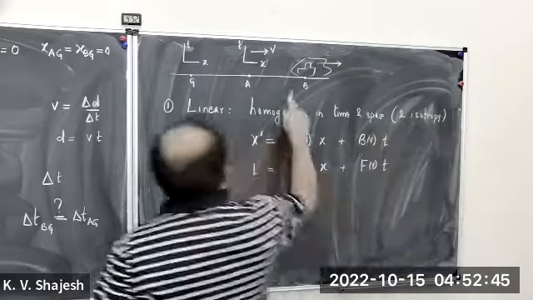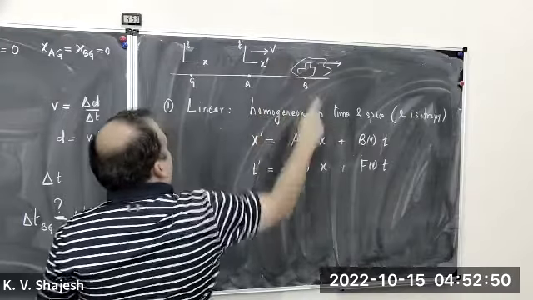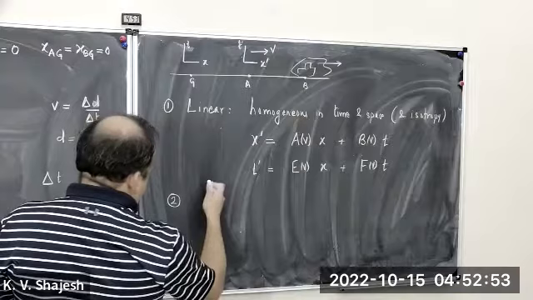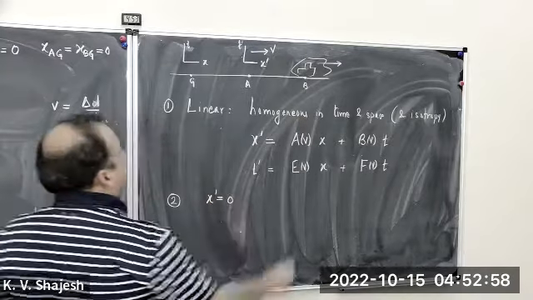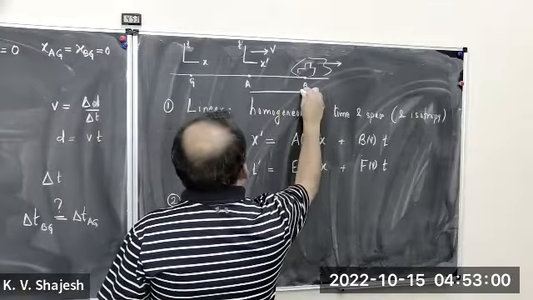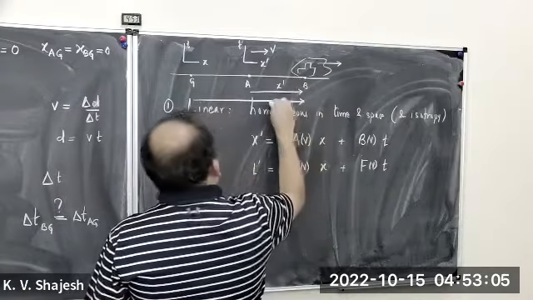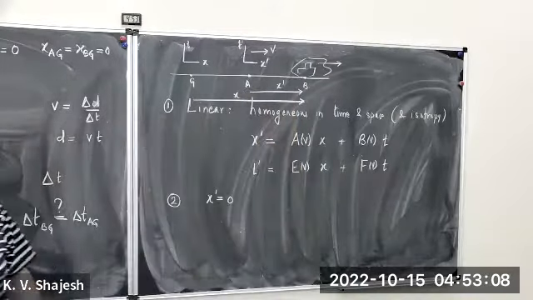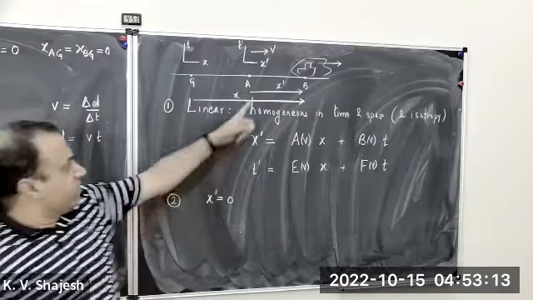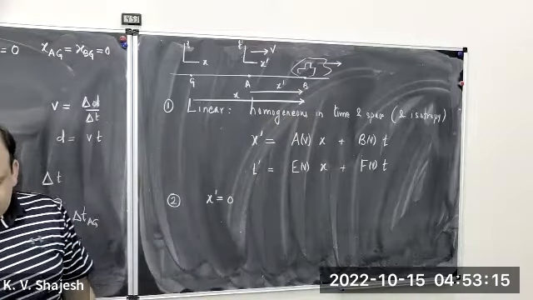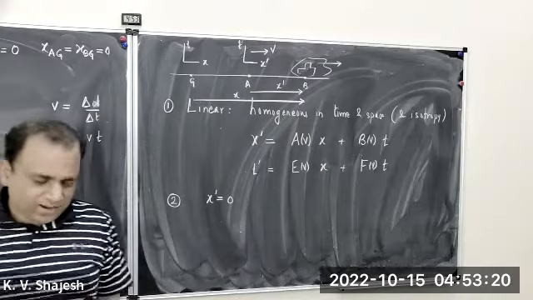So whatever I measure for B with respect to A, let's say A measures X prime is equal to 0. Remember, this is my X prime and that's my X. So A decides that for all times X prime is 0. That means it is at rest, it just doesn't move, like it is right at the place where A is. So it's his hand, let's say.